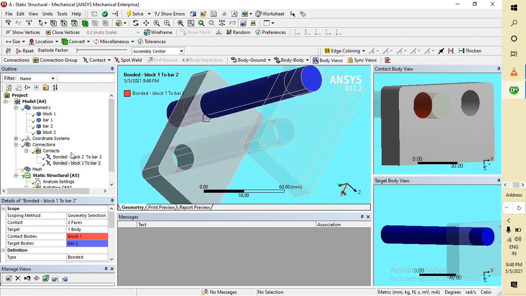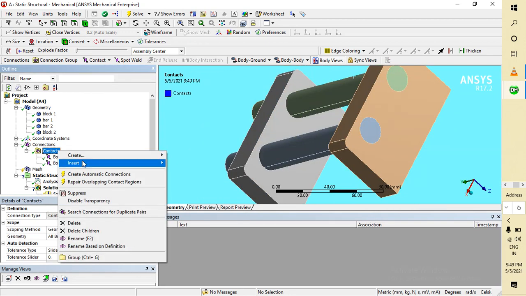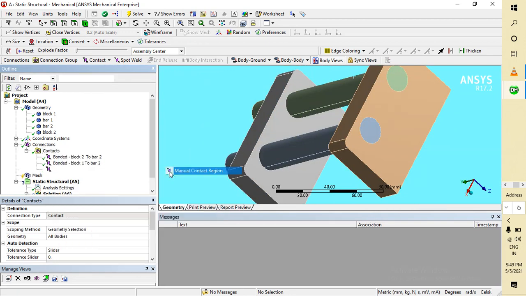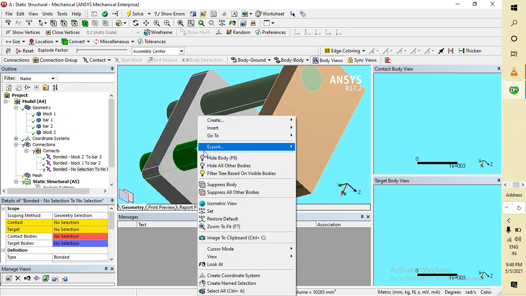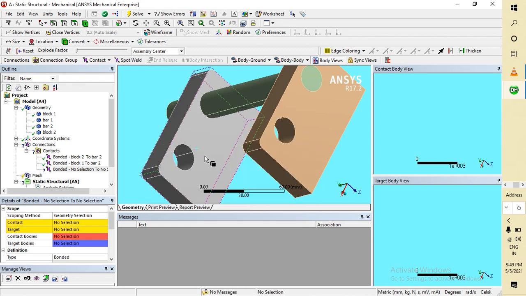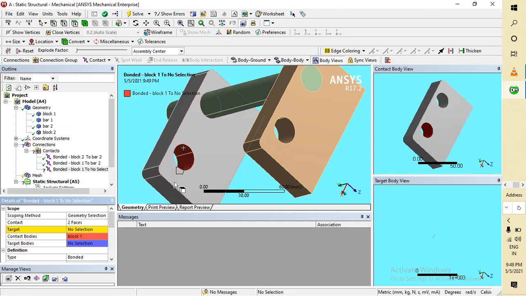So now I'm going to contact again and insert, manual contact. I'm right clicking this one and hide body, and I will go here, select this one, and apply.